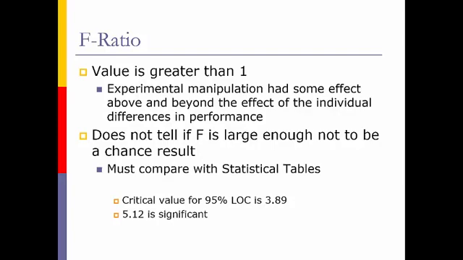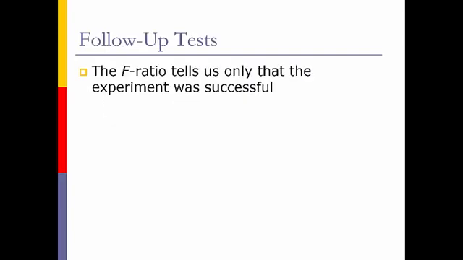ANOVA, or SPSS, actually does that for you, so you don't need to worry about it. You compare the 2 and the 12 degrees of freedom on the statistical table, and you find out that at the 95% level of confidence, it's 3.89. 5.12 is greater than 3.89, so we do have a significant difference. We're going to do that again on SPSS and do some